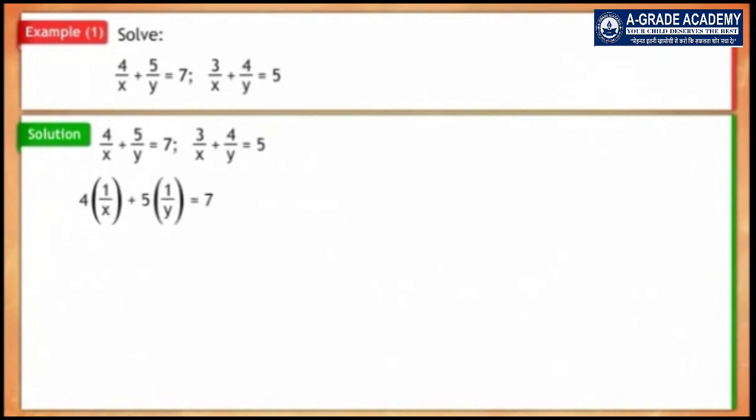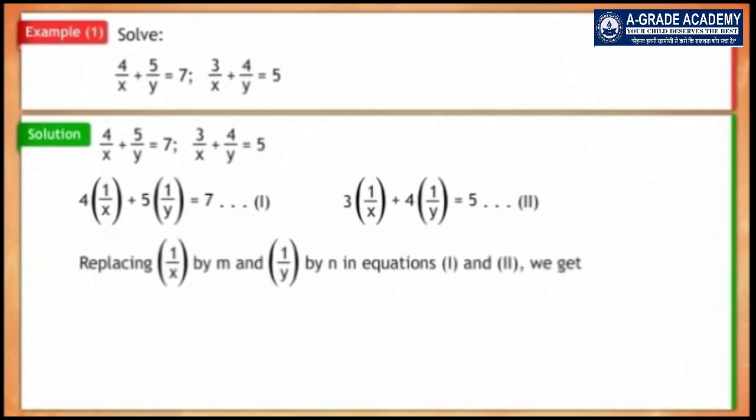4 into (1 upon x) plus 5 into (1 upon y) is equal to 7. This is our equation number 1. 3 into (1 upon x) plus 4 into (1 upon y) is equal to 5. This is our equation number 2. Replacing 1 upon x by m and 1 upon y by n in equations 1 and 2, we get